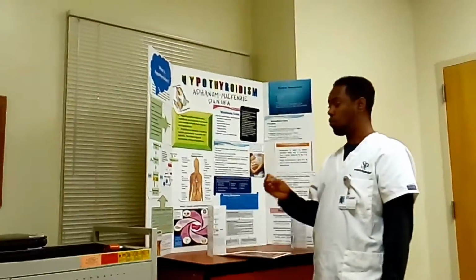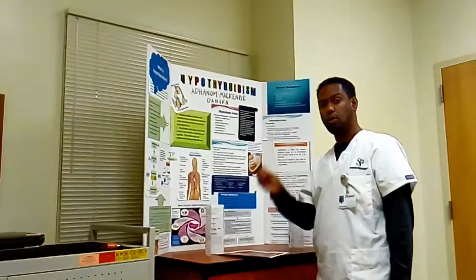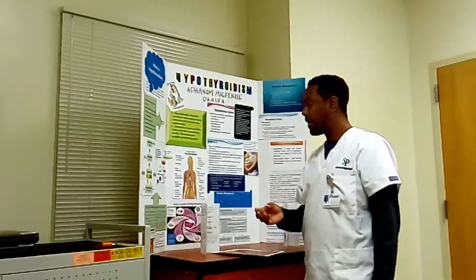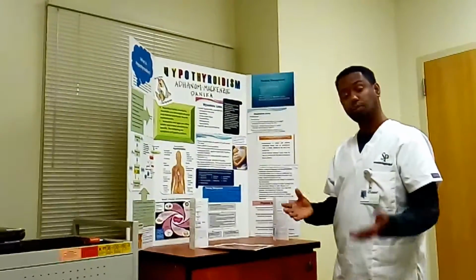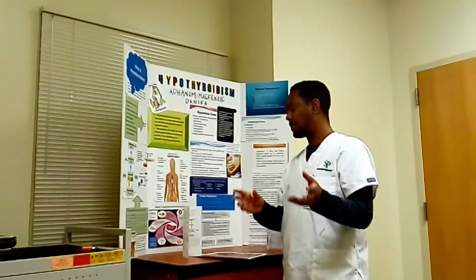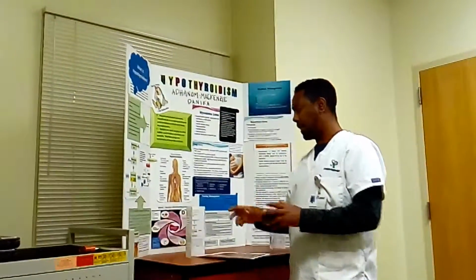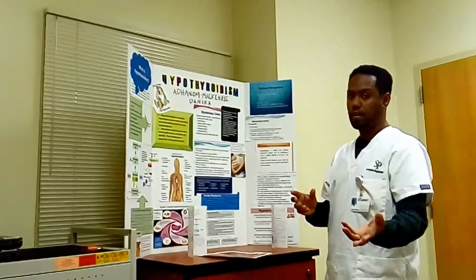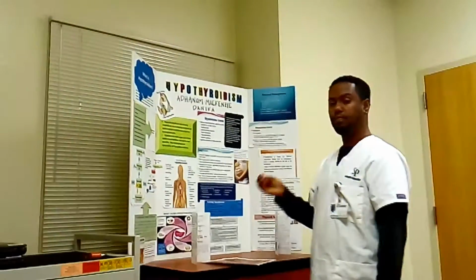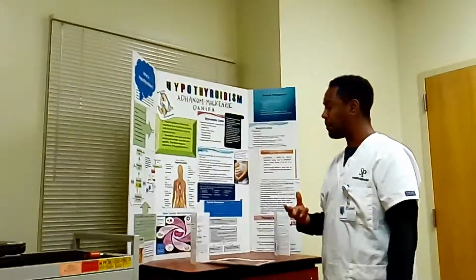The two main hormones that are produced by our thyroid are T3 and T4. T4 is mostly inactive, and 93% of our body is worked by T3. What does thyroid hormone do in our body? Thyroid hormone mainly controls our metabolism system.